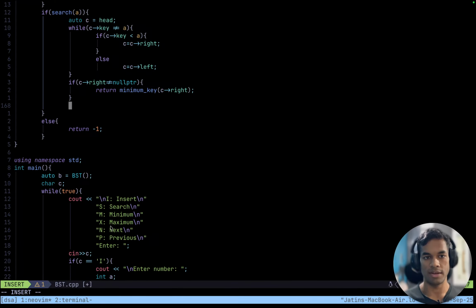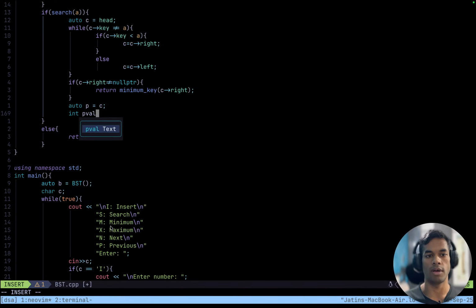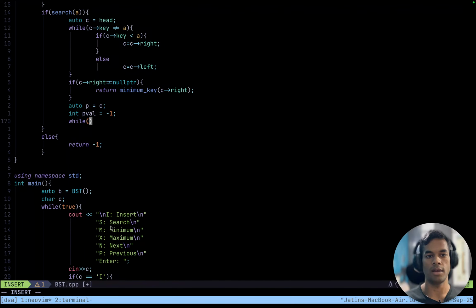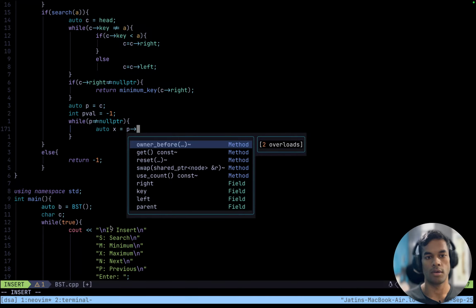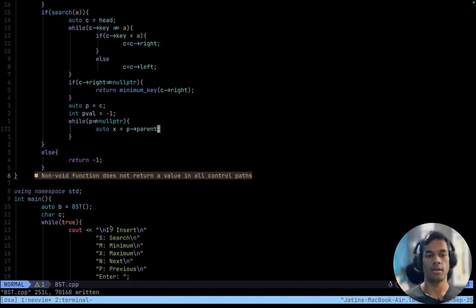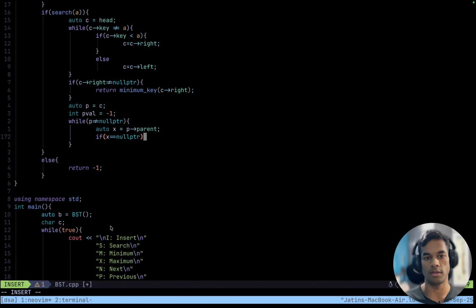But if it doesn't exist, if the current node does not have a right child, then the successor is going to be, we keep going left. Yeah, we just keep going the opposite way. Auto P equals C. And P val equals -1. While P is not equal to null pointer, what we will do is auto X equals P dot parent, get the parent for P, and if X equals null pointer, then